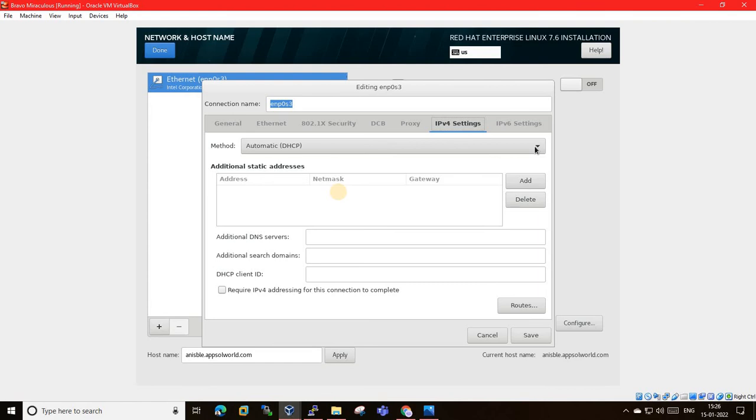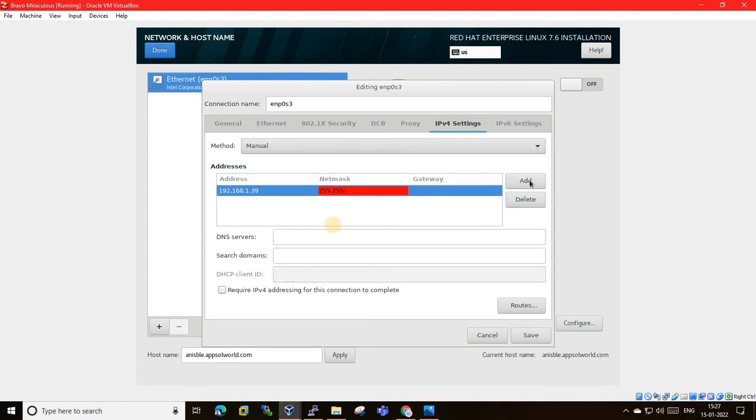And here, 255.255.255.0 and gateway will be 192.168.1.1. In a virtual machine, we have to add like this, like a real computer. Yeah, everything is real here.